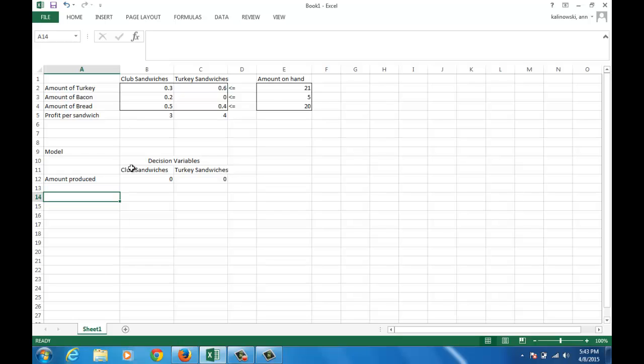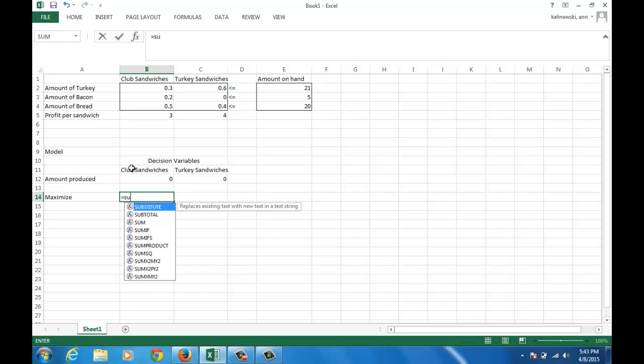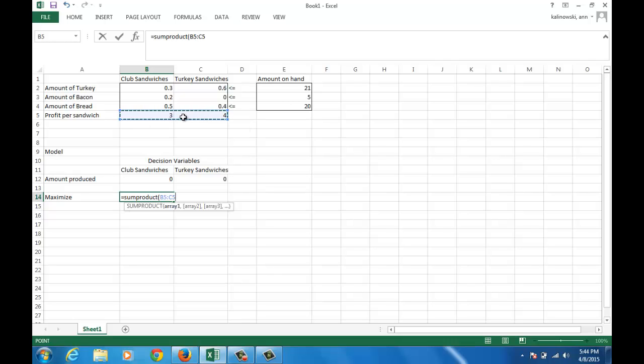Now I'm going to have the objective function. So I'm going to say I'm going to maximize. And here I'm going to put in a formula. What we generally use for the linear constraints is called the sum product formula. And the way the sum product formula works is, what is it that I want to maximize? The objective function is I want to maximize the profit per sandwich. So I'm going to multiply these values. So I highlight that array, comma,